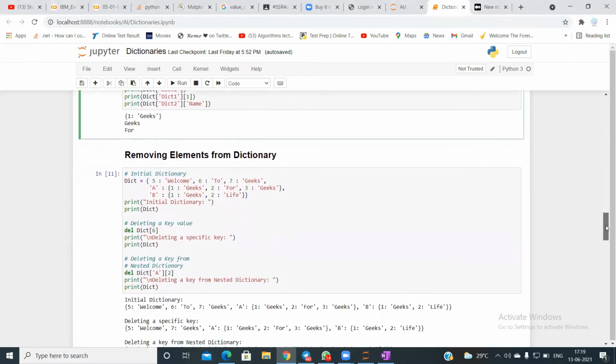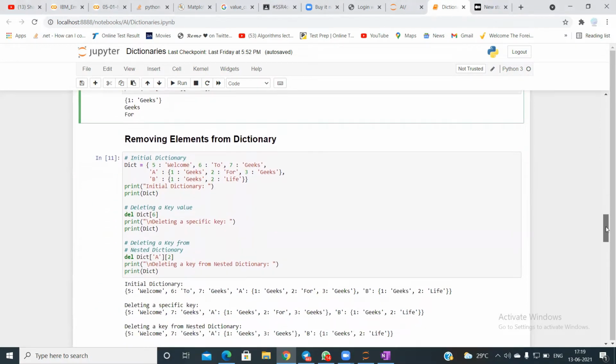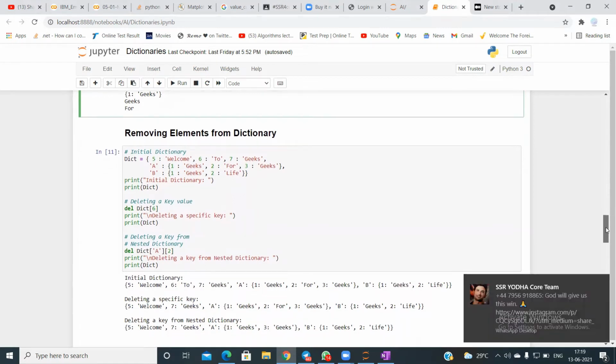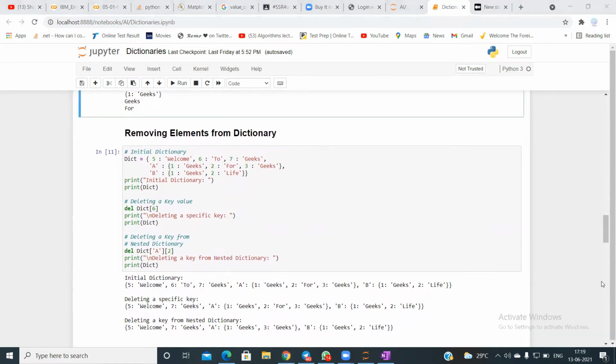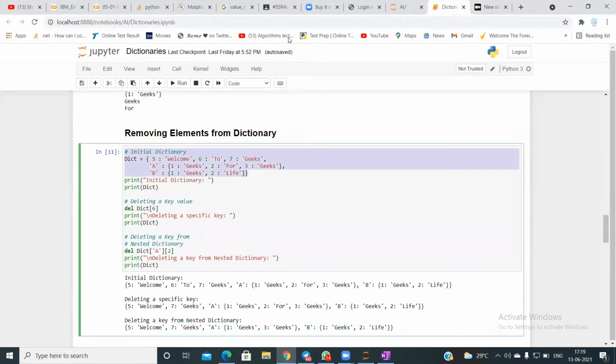Okay, if no one has any doubts, then let's move on to removing elements from the dictionary. Let us say I have a dictionary like this, and now I want to delete some element of the dictionary.